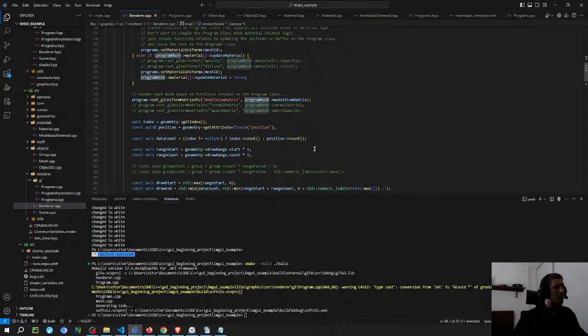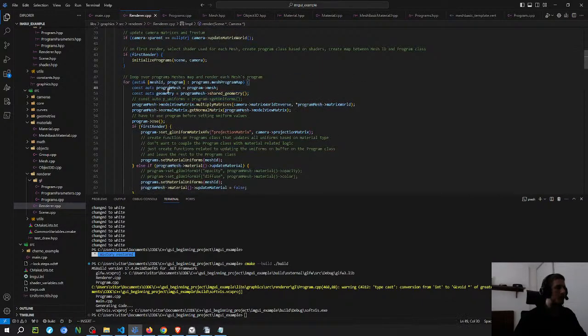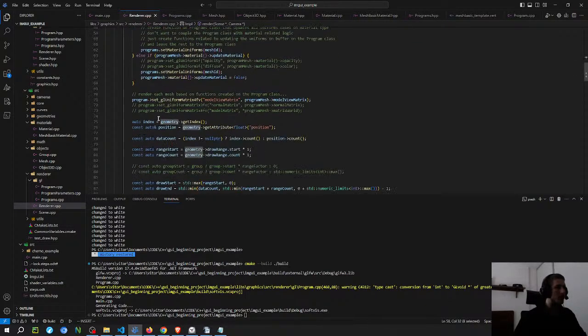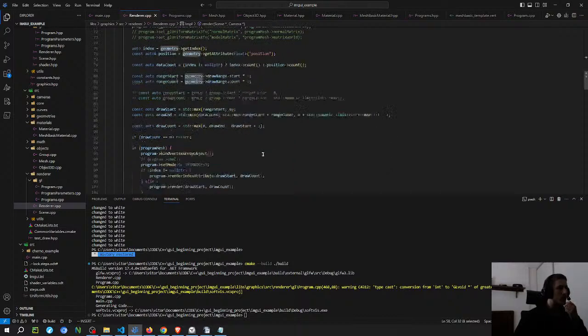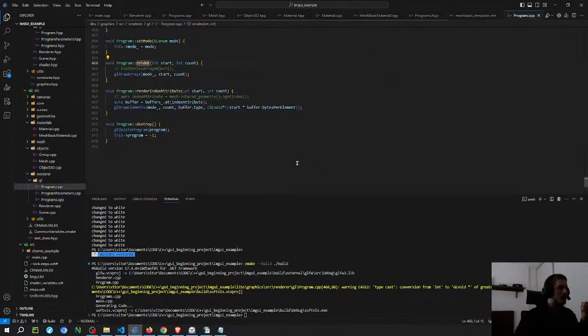So maybe the best way to do it is to just check to see if the geometry of the mesh has a label or not, and then if it does, then I just do another draw call here. I think that's probably the better way. So that way I don't have to change anything on the other one, because here I'm using it's gonna go